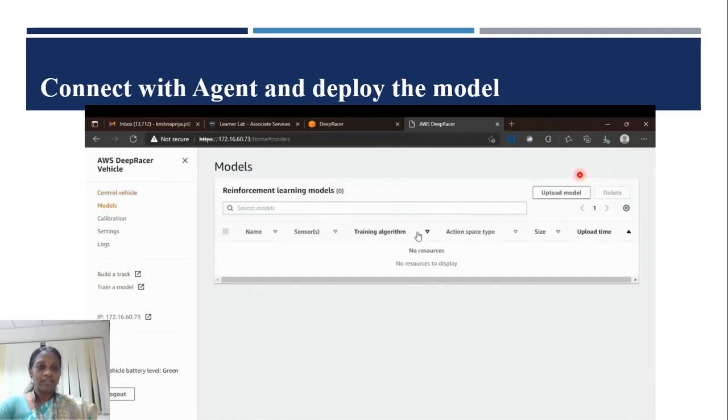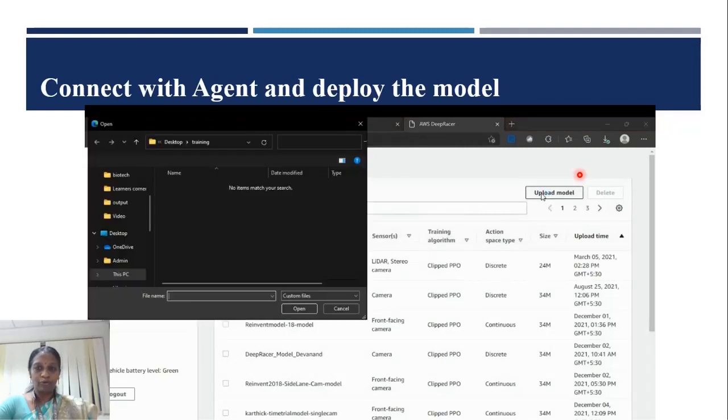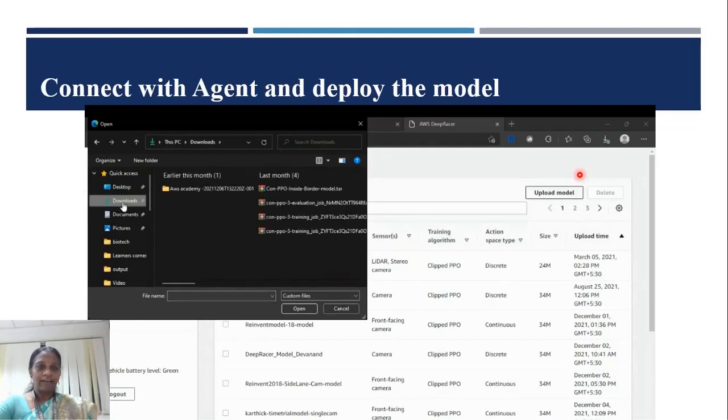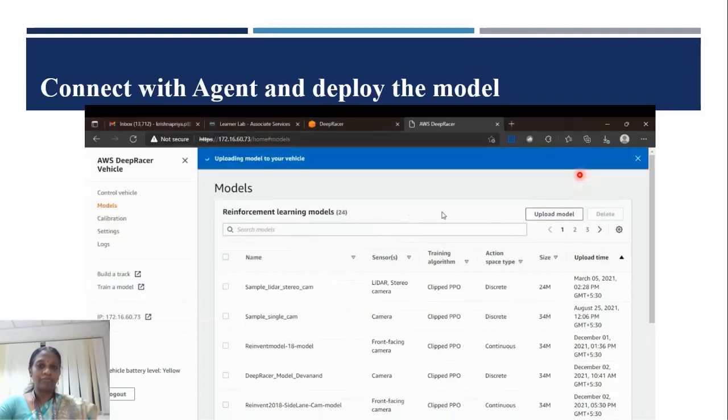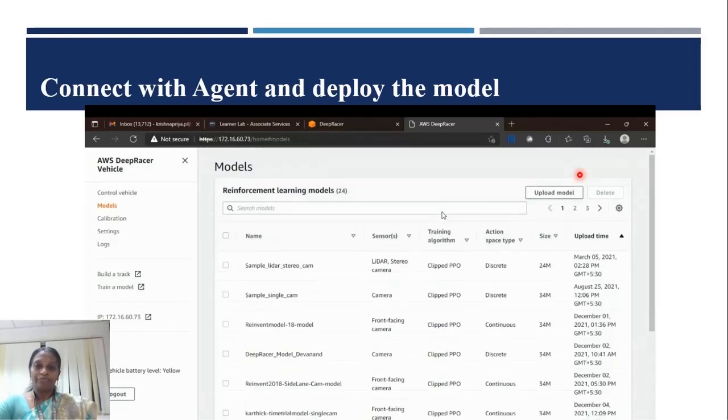In that model tab, we already know that we have an upload model button. From that, I can open a file dialog. From that file dialog, I can select the model which was downloaded from the DeepRacer console. While I am selecting that model, the model is ready to upload, and it is uploaded into the agent.